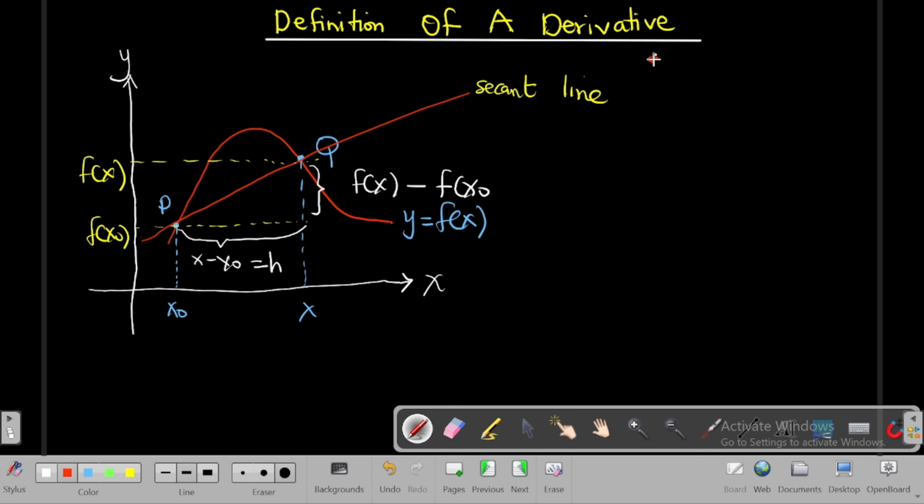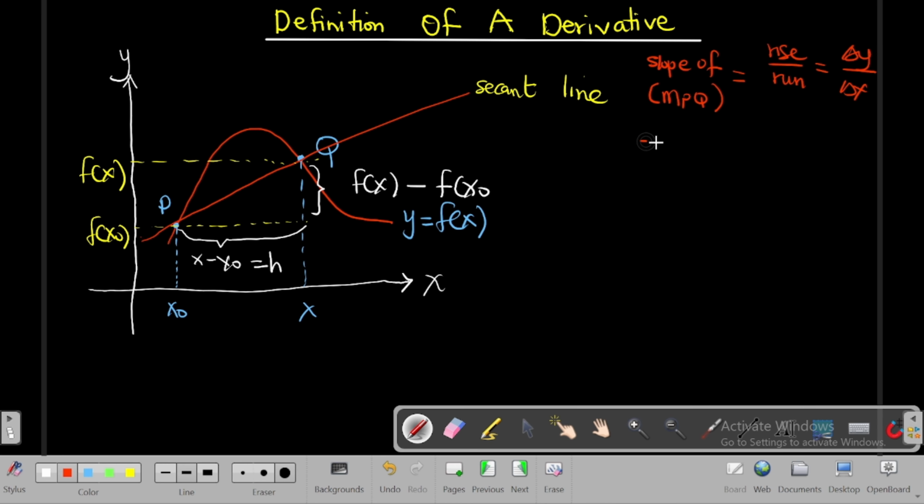Now let's say we have the slope of the secant line, right? That slope can be represented as M, the gradient of the two points, which is PQ. That's the slope of the secant line. We can say it is the rise over the run, which is the same as the change in the y-axis over the change in the x,